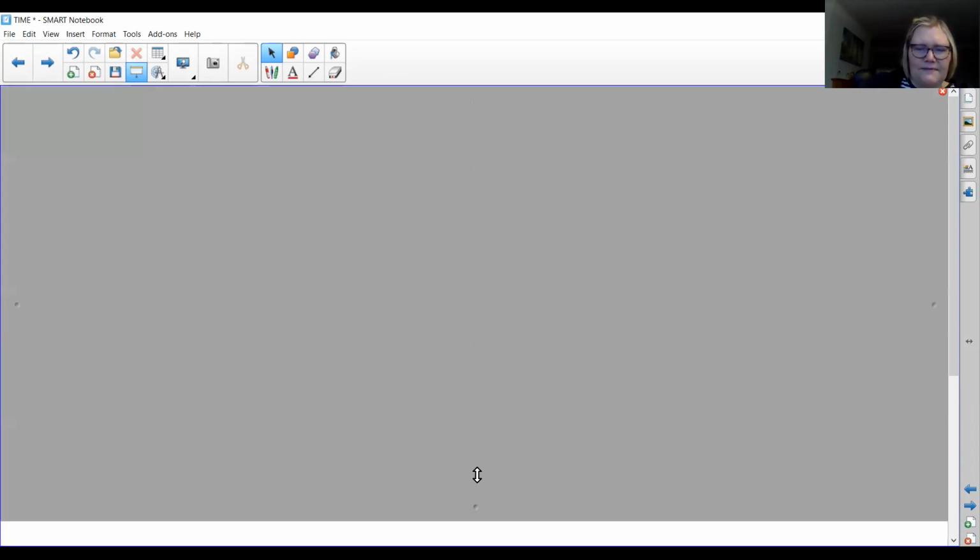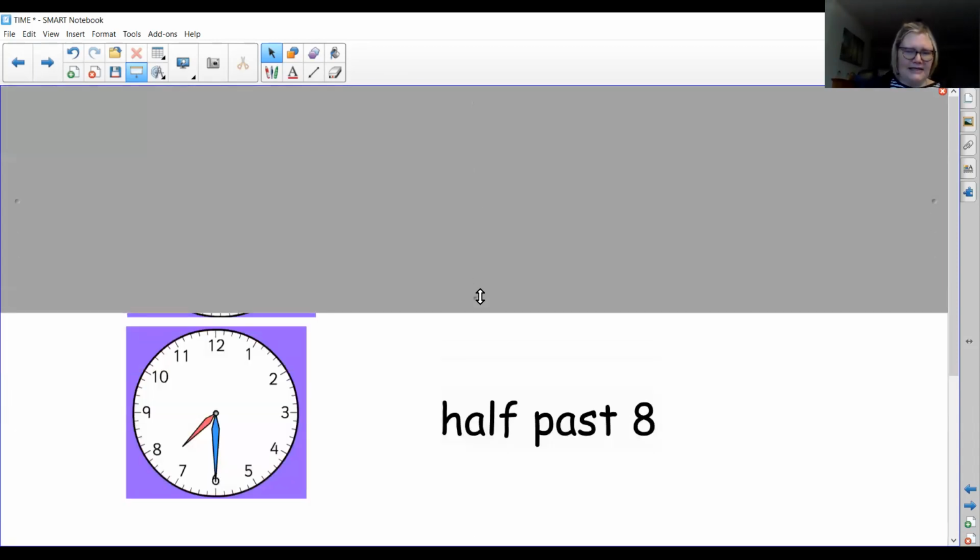Let's look at the next one. So 8:30. It's not 8:30 either, is it? The minute hand is pointing to the bottom of the clock, which is right, but it's the hour hand this time that is not in the right place. As if it was 8:30,